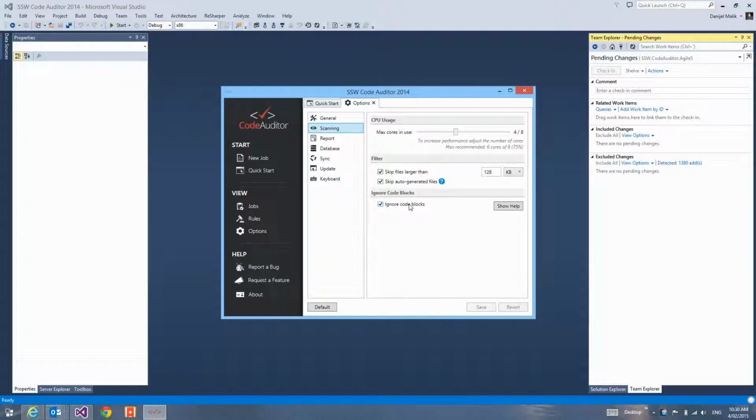This is turned on by default. If it's not, you can turn it on or turn it off based on your needs. Ignore Code Blocks uses specific commands that you can put in your code,